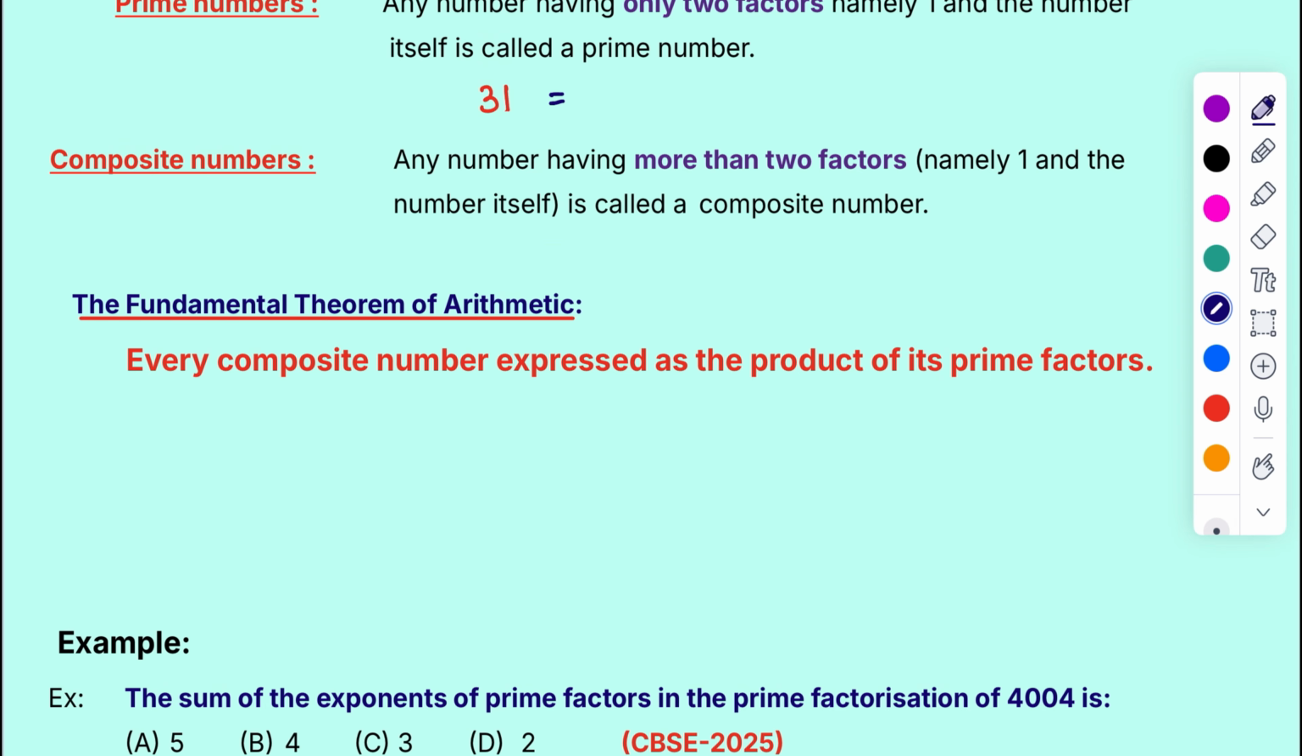Similarly, composite numbers have more than 2 factors. Suppose you are taking the case of 30. 30 is a number, suppose. So the factors of 30